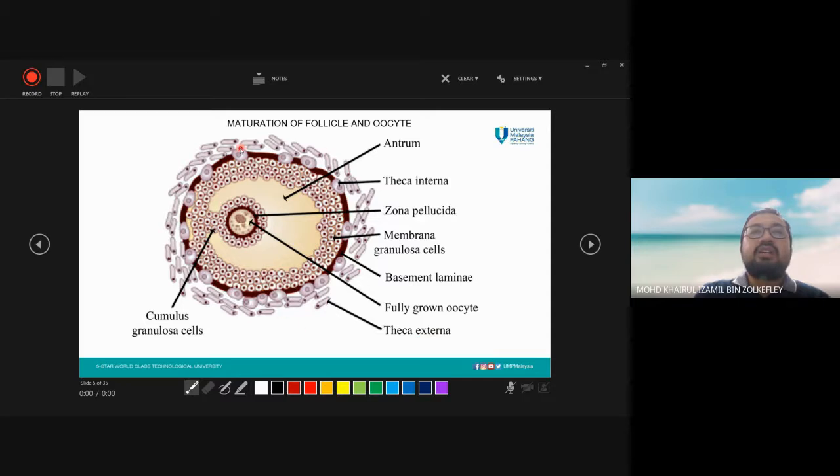But basically this is what we are going to see lah, in the ovary. So this oocyte will be surrounded by what we call here zona pellucida, and then cumulus granulosa cells, the antrum, theca interna, theca externa, basement membrane. Alright. So when this is released, so these granulosa cells and other substructures here will be collapsed, and